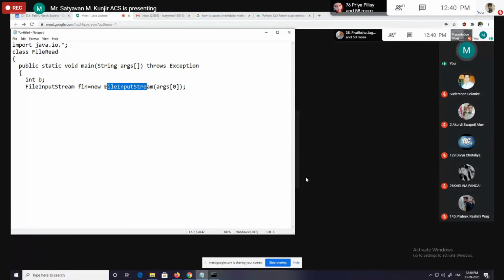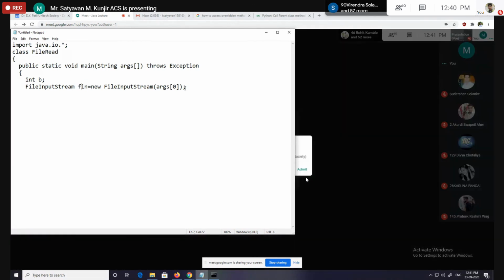Then the FileInputStream class will open that file in read mode. Then after opening that file in read mode, its reference we are storing into the object of the FileInputStream class, that is fin. Then after that, what we have to do? We have to read the data from that file. Okay, we have to read the data from a file. Then for reading the data from a file, we have to use the read method. Then b equal to fin dot read.